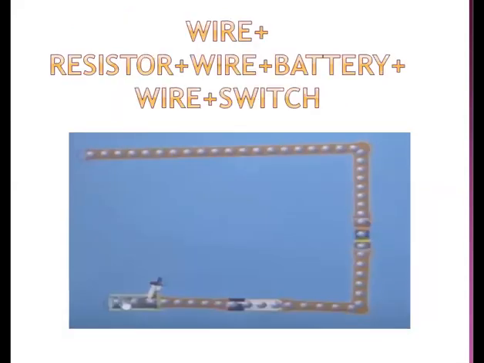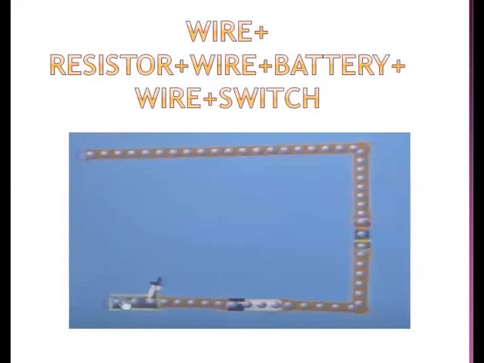Now I'm connecting a few more wires and connecting a switch. So this is a switch. This switch is like a pump in the water circuit. After the water supply we have the pump; like that, here it is like a pump. The switch, when it is on, allows the current to flow in the circuit.